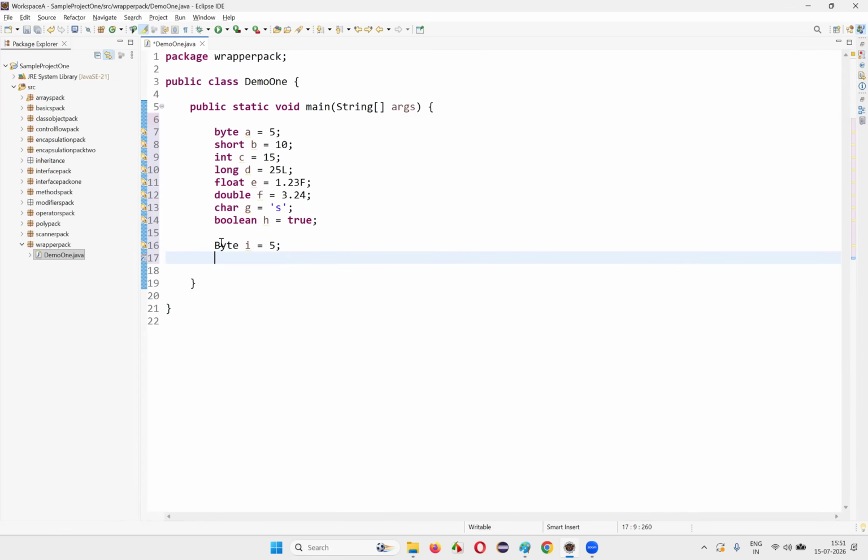Byte i is equal to... this is a class. This is a predefined wrapper class. If you want to use this byte as an object-oriented thing in programming, we have to go with this Byte wrapper class. Then Short